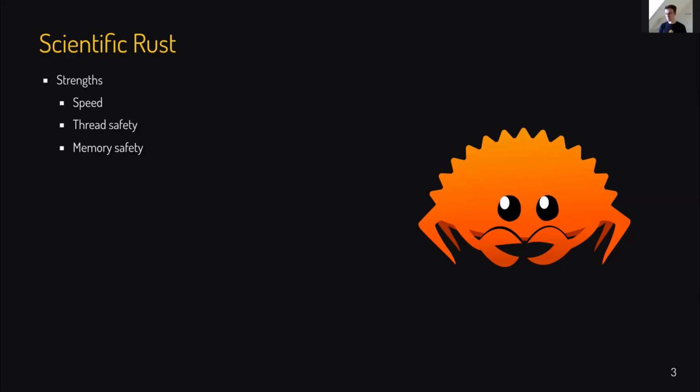We like thread safety, which is basically a different way of saying we like speed, because we like using all the cores of our machines, so we want them to be fast. I would argue that even memory safety is mostly about speed for us, because we want to use lifetimes, we want to have references everywhere without a program crashing, so it's still speed. But if Rust is the most suitable language, if it's the way to make the fastest programs possible, then I always wondered why is no one using Rust? People are using Rust in many domains more and more, but in scientific programming, I feel like it's not really taking off, even though we have these amazing conferences.